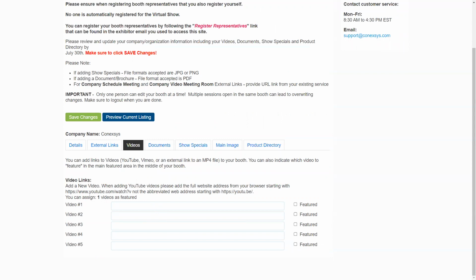Each exhibitor is allotted up to 5 videos that they can include in their booth, one of which can be featured front and center in the virtual booth itself. In order to add videos to your booth, you simply need to host them on a video hosting site such as YouTube, Vimeo, or your own external website. And with the URL link to your video popped into this little box here, your video will be properly embedded